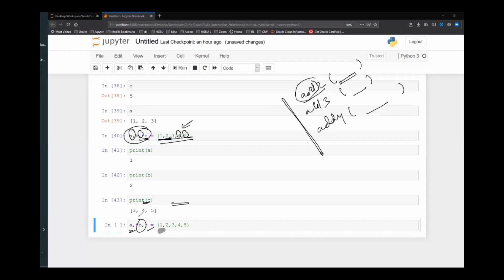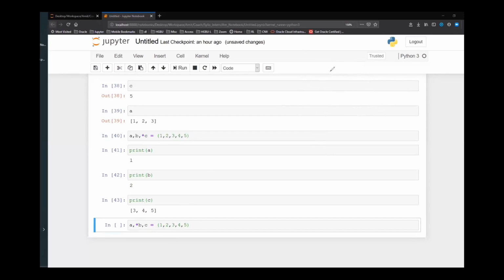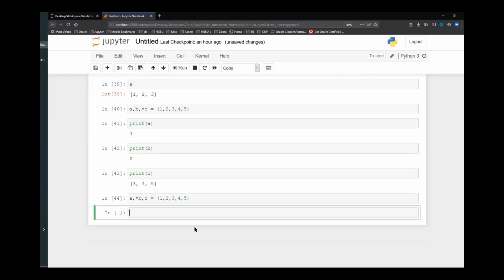But my question is, if B will be 2, 3, 4, A will be 1 and C will be 5, what type of variable will B be? B will definitely be a list, right? And because we should handle it, suppose we are doing an addition, then we should handle it, because for parameters we don't know in which way we will be sending them, whether the star will be with B or A or C. So how do we handle the addition with the list? Yes, that is what I'm going to explain here.